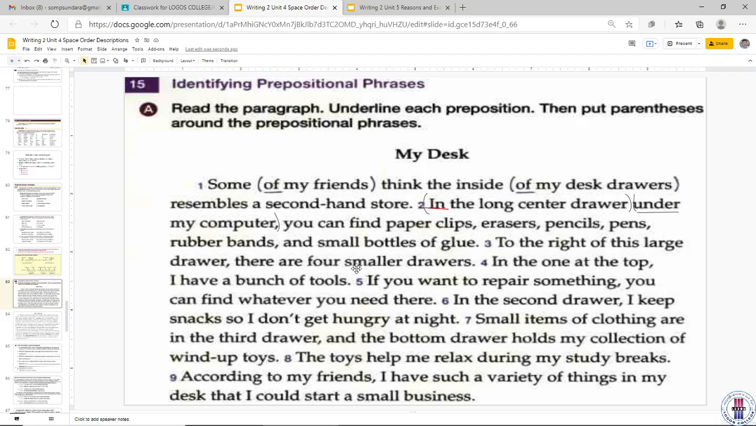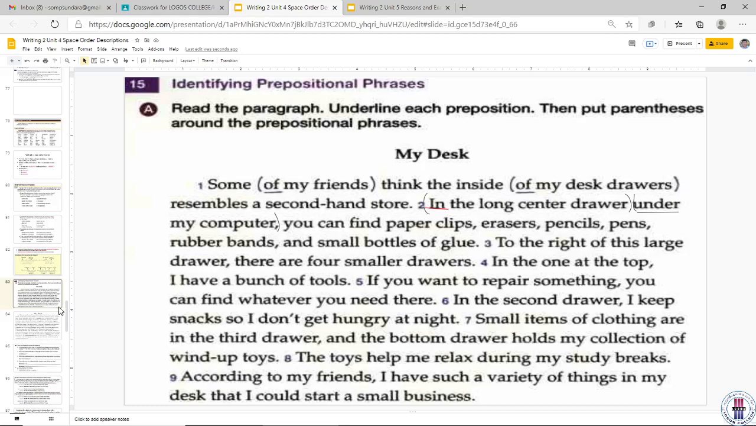To the right of this large drawer, there are 4 smaller drawers. In the one at the top, I have a bunch of tools. If you want to repair something, you can find whatever you need there. So I'm not going to read any more about this, but in this right here, they found 2 for you, right? And they want you to find the rest of them. There's 17 more. So there's 1, 2, and then there's 17 more. And we found 2 more. So there's 15 more. So if you want to pause, if you want to go ahead and stop and turn off the computer,